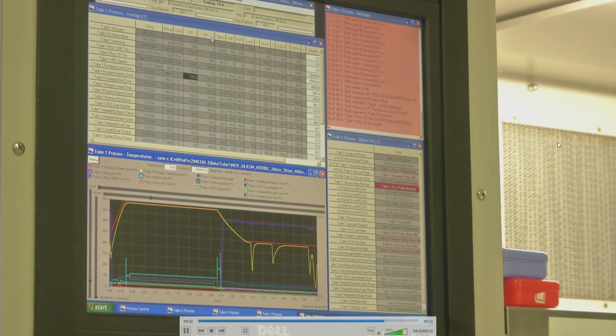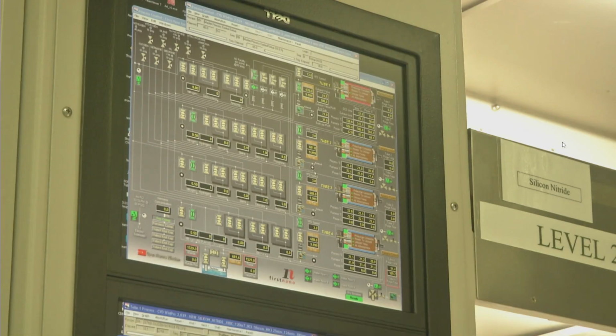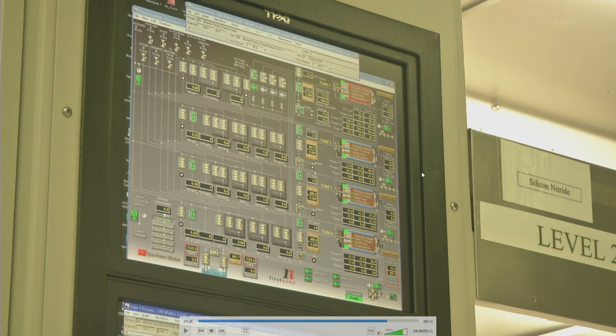Once we update the program, the tool starts to deposit, right? And the way you can monitor whether you are getting the right gas flows is through this interface where we are looking at various valves, right?